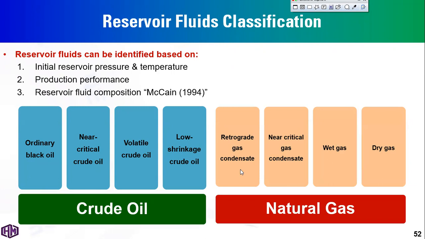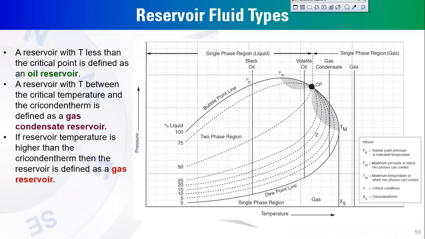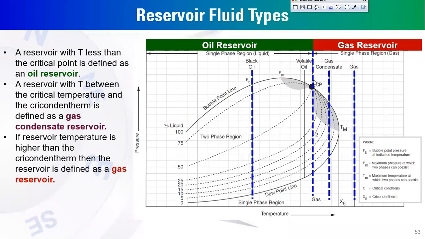This is all types of gas and all types of oil as mentioned before. So as for the standard PVT or pressure temperature diagram, these are the different types of system. In this, on the right hand side of the critical point at temperature less than the critical temperature, the system is oil, while at temperature higher than the critical temperature, the system is gas. In that case, the type of fluid specifically will be based on the location of temperature